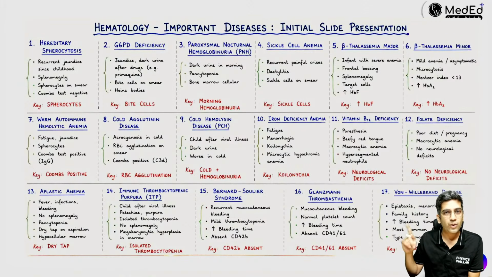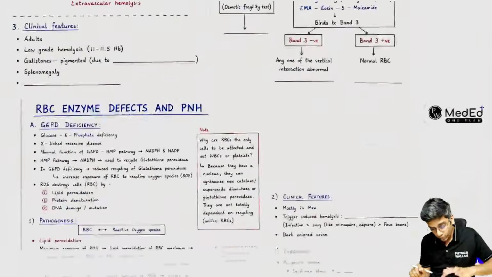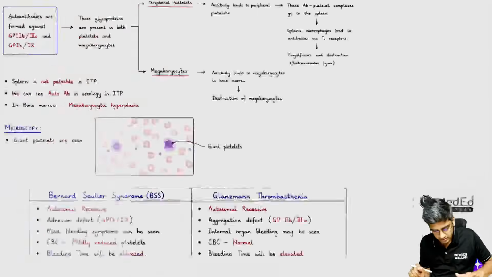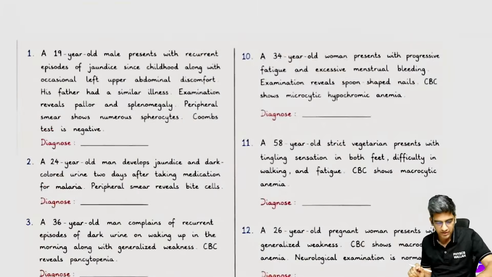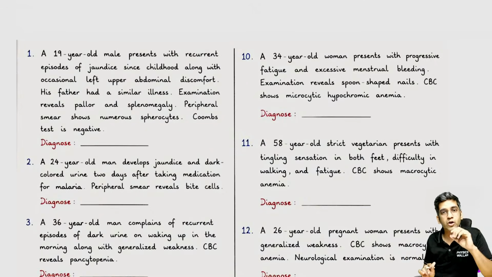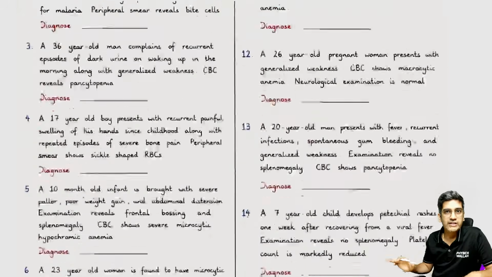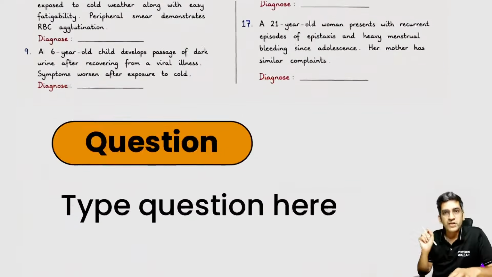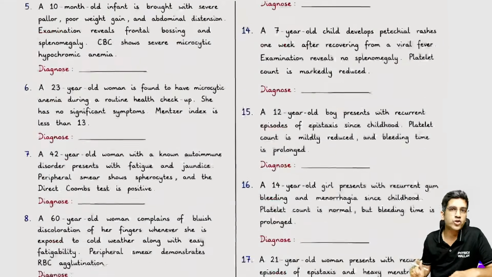So like this, you'll have one sheet for every FARRE that I'm going to take. Obviously, for general pathology, I may not have diseases. We'll have different conceptual understanding for general pathology as a single sheet, right? This will be the starting point, and what we'll be ending with in the FARRE is classical clinical scenarios like this, right? So if it comes in a long answer question, what will be the diagnosis, right? So we'll start with a keyword, a quick wrap up of everything, all the diseases, what is there in the first sheet we'll be covering, and we'll have a final endpoint where we'll have a clinical scenario. I'll highlight the important key points, and you're going to tell me the diagnosis, right?